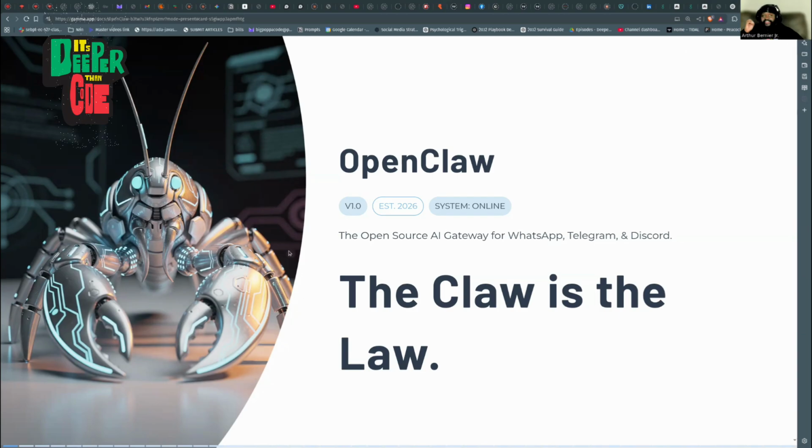And the way they've changed the game is that before, when you wanted to do AI automation or do anything with AI, it was easy, but it was cumbersome and it didn't do things for you. Like for example, you go into ChatGPT, you ask ChatGPT questions, it gives you instructions, and you've got to go do the instructions.